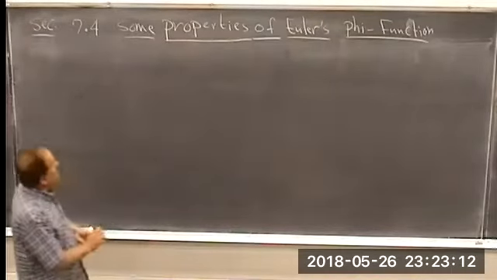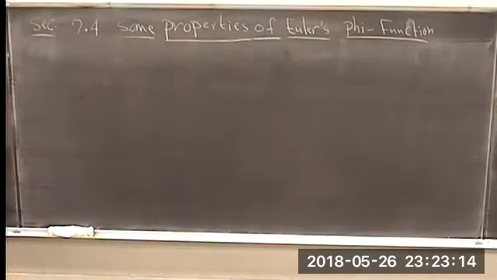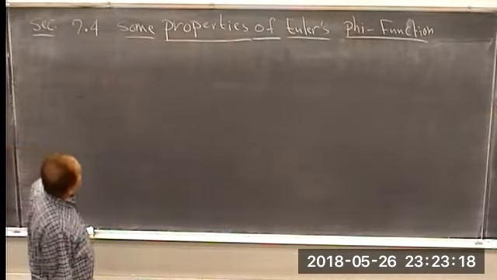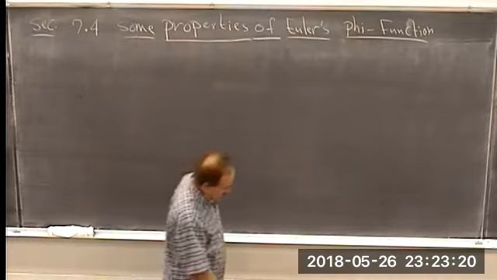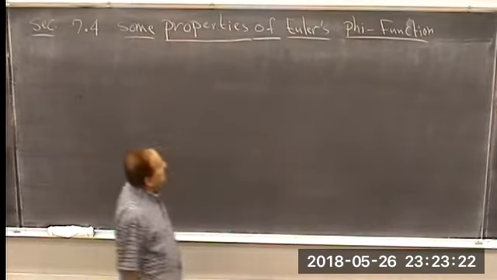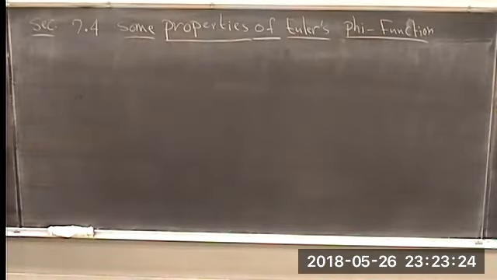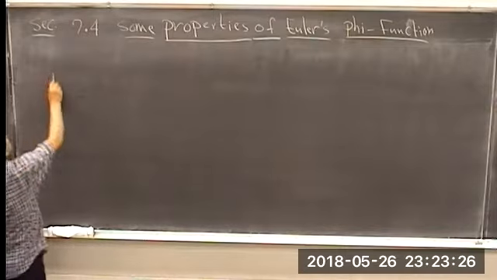All right, so this is section 7.4, and one of the main objectives of this section is to study some properties of Euler's phi function. So to start, recall in chapter 6,